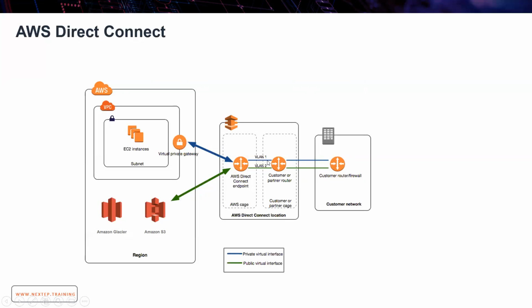After that, their router will be connected to the AWS router, and from the AWS router to all of this, they will have a dedicated line here. They'll go through this virtual private gateway and then all of this. And very little latency, because there is no internet. It doesn't go through the regular internet route. It's a dedicated line. Much faster, but it's a big bill. It's tens of thousands of dollars. So it's a pretty expensive deal, but a lot of companies